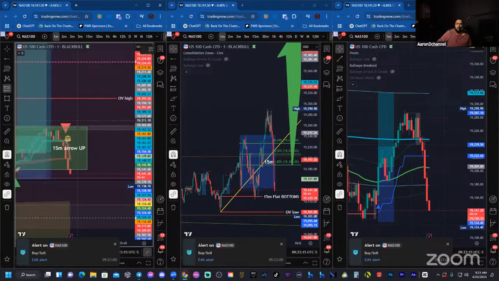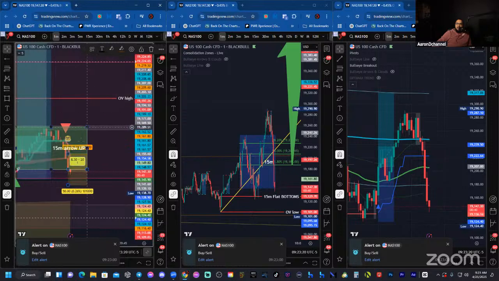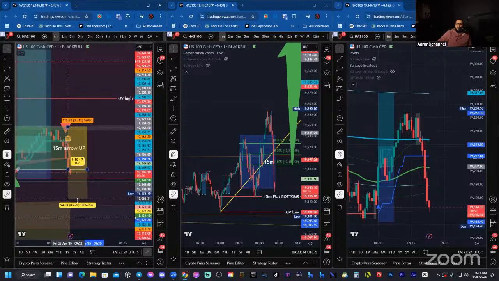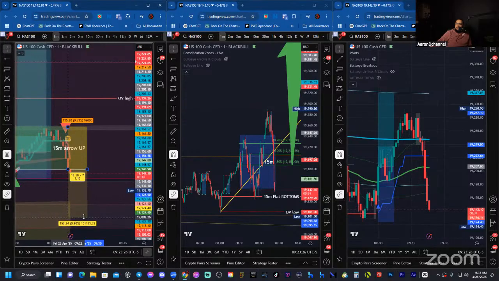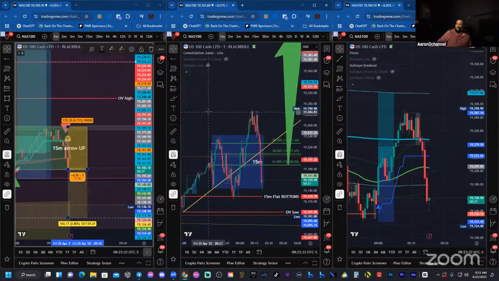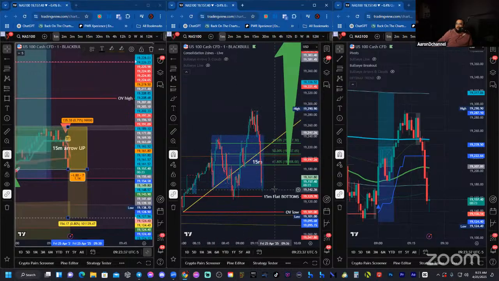Let's see what happens. All right, so 50 points doesn't cover the low at all, or the high at all. 135. Let's see if we can make our way down to, what is that, pivot point? Let's see. Don't know. In the hands of the market. All the way back down to the bottom of the 15-minute range.